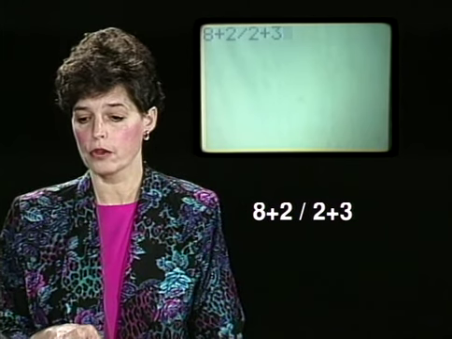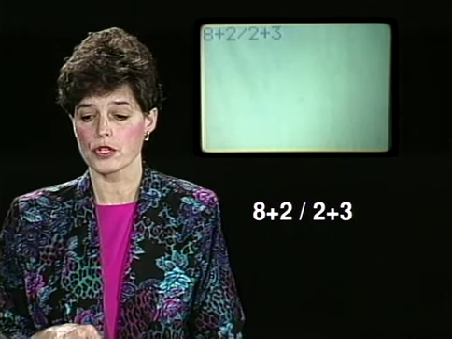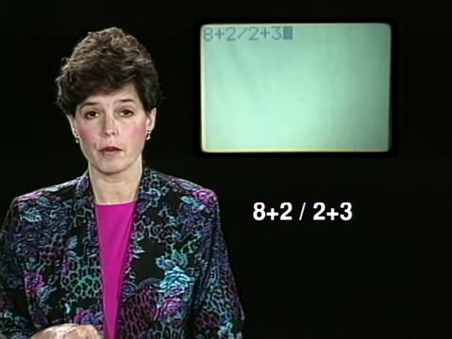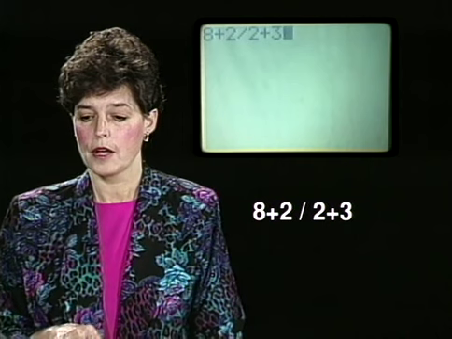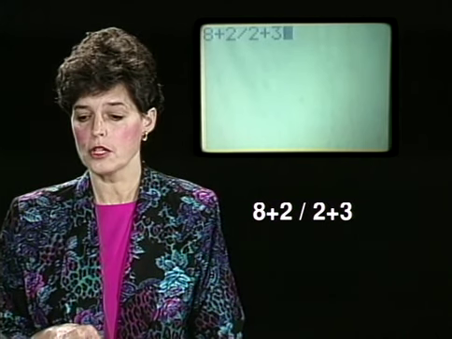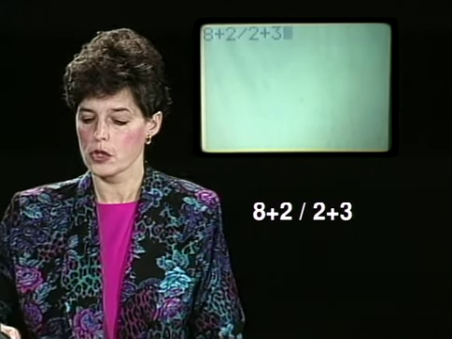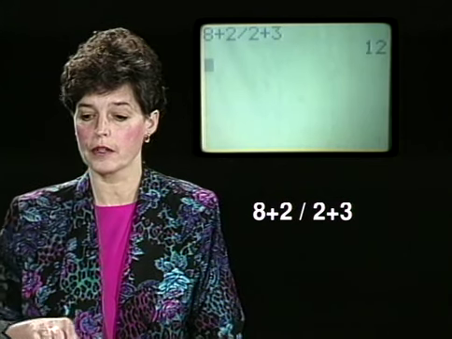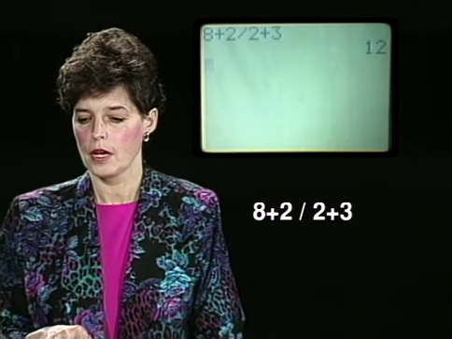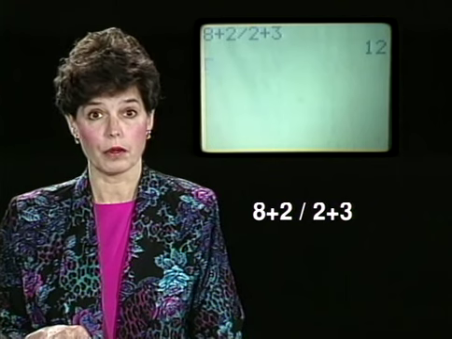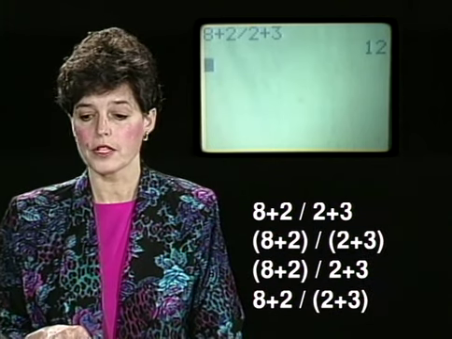Now, according to the order of operations that we've been talking about, the division will get done first. That means that the 2 divided by 2 will happen first. Then we will have 8 plus 1 plus 3. So when I press enter, I expect to get 12. Now we're going to do this problem in a couple of other different ways, by placing some parentheses